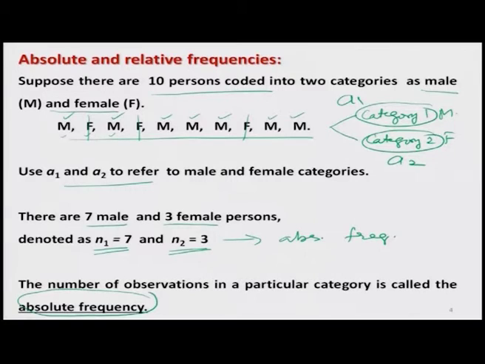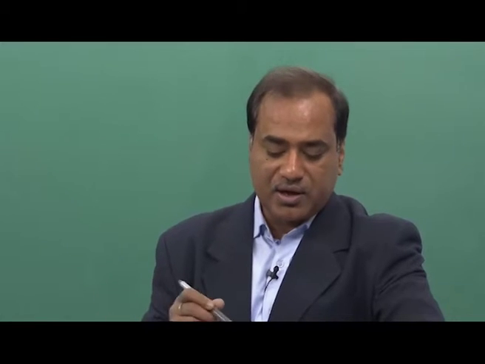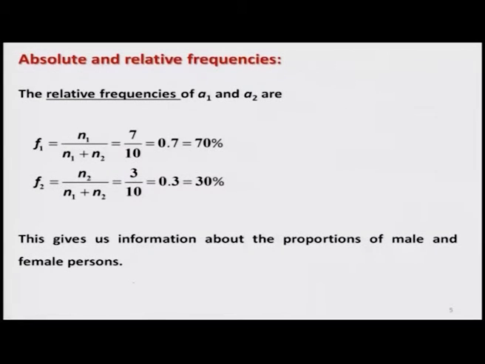What is written over here? They are called the absolute frequencies. They are simply trying to tell us how many male and how many female persons are available in that data set. And similarly, I can also define the relative frequencies. So, I have here two categories A1 and A2, and in order to find out the relative frequency of the first category denoted here as say F1, I have to simply find out the proportion of the